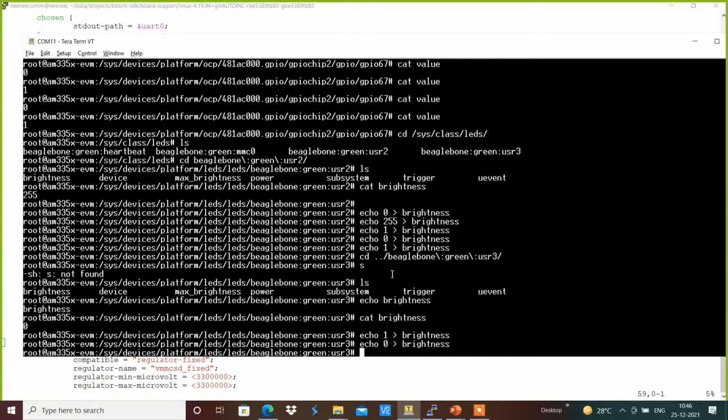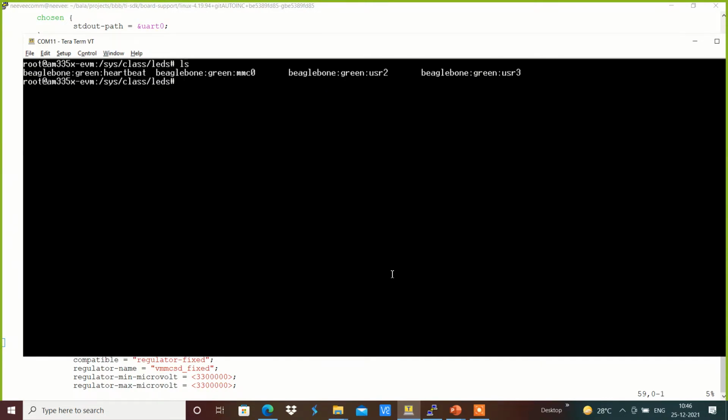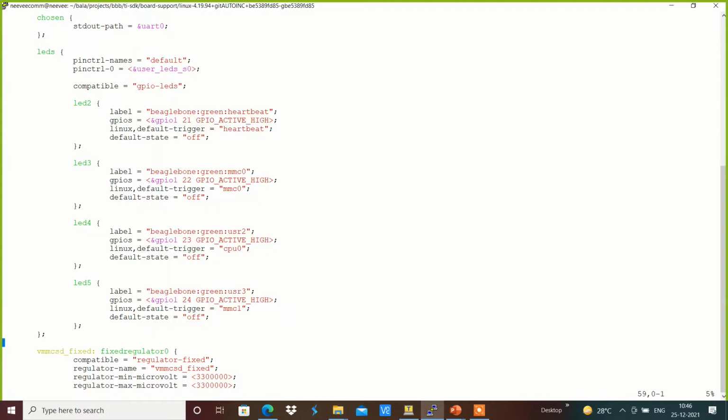For example, the first one is heartbeat, and we have mmc0, and we have user2, and we have user3. These are all the LEDs exposed over here.